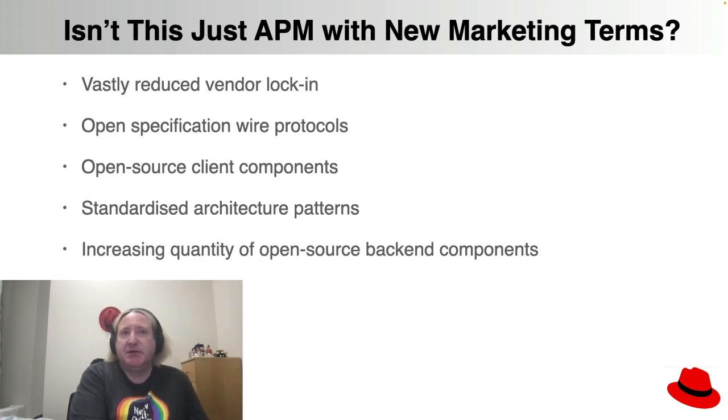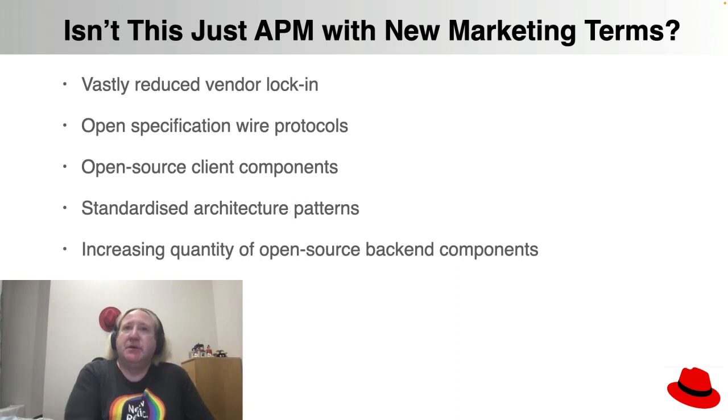Related to that, you will also see standardized architecture patterns, and the fact that because people are now cooperating on protocols, cooperating on standards, and on the client components, we can now start to have a discourse amongst architects and amongst practitioners as to how we build this stuff out in a reliable and a sustainable way. And that leads to better architecture practice, which also then feeds back into the protocols and the components.